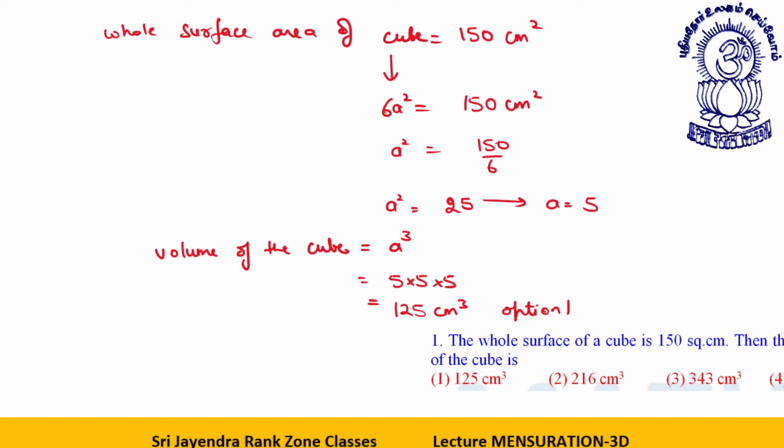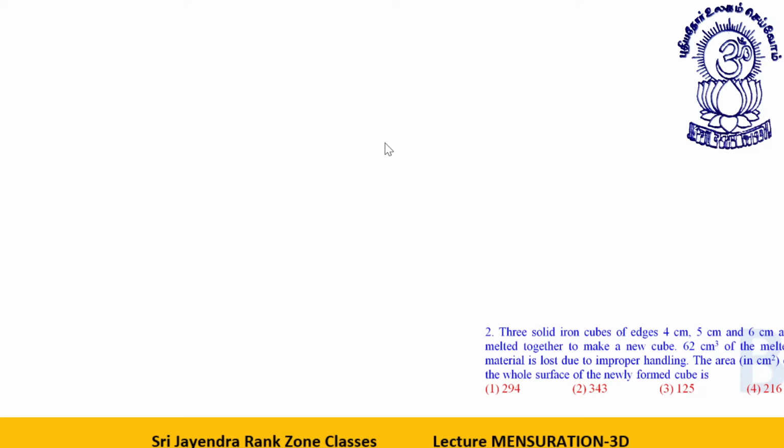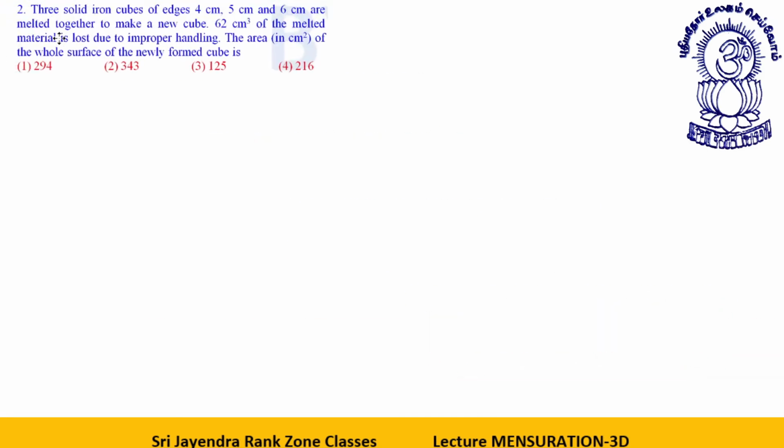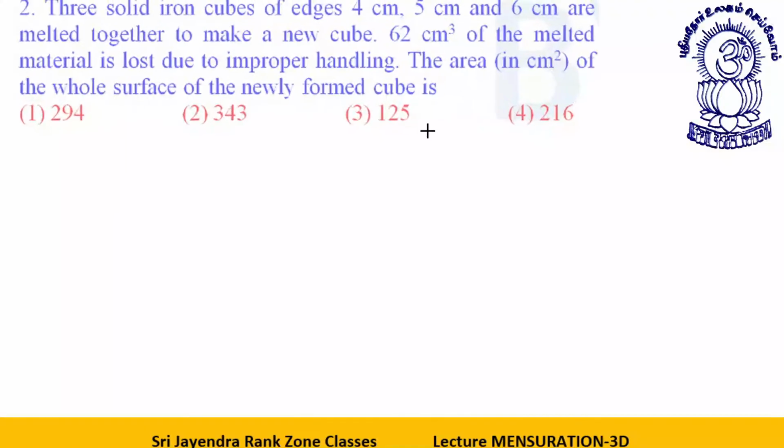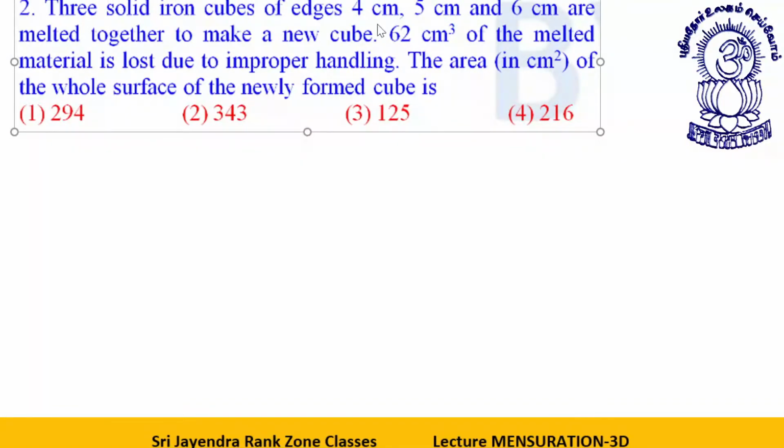Okay, dear students. Next one. Three solid iron cubes of edges 4, 5, 6 centimeter are melted together to form a new cube. 62 centimeter cube of the melted material is lost due to improper handling. The area of the whole surface of the newly formed cube is,